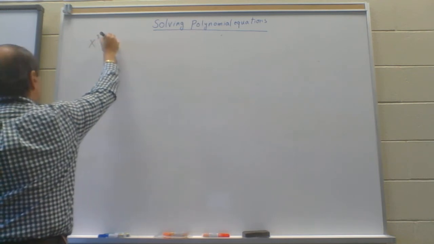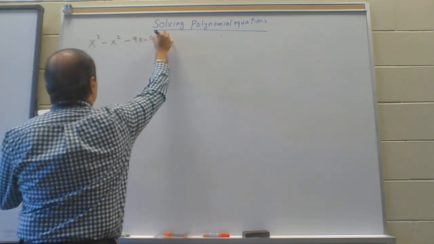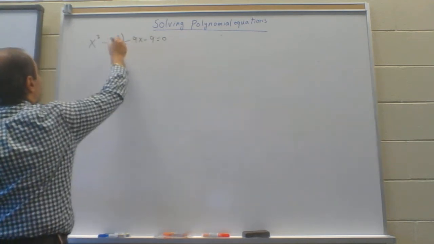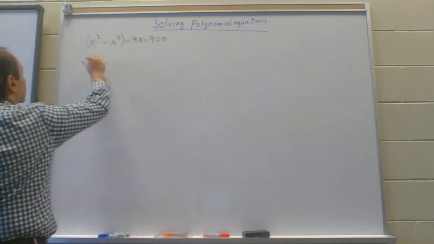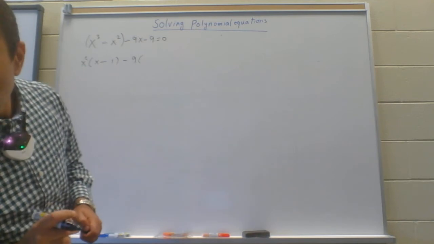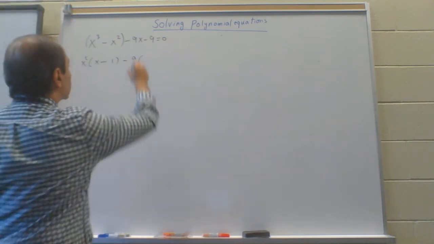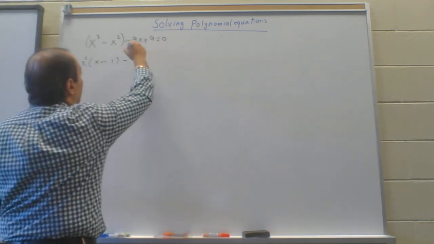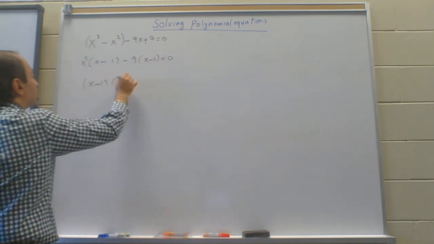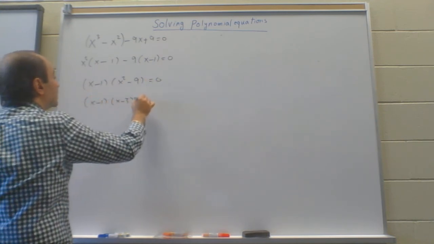x cubed minus x squared minus 9x minus 9 equals 0. I try to factor by grouping. So yes, I can take x squared out, and that leaves x minus 1. Minus 9 out, so x minus 1. Then x minus 1 is common, and that will leave x squared minus 9. Then we factor again: x minus 3, x plus 3. And we